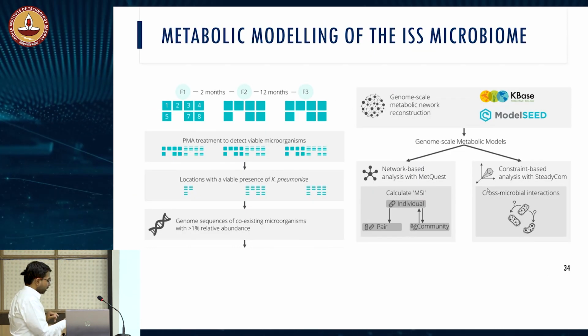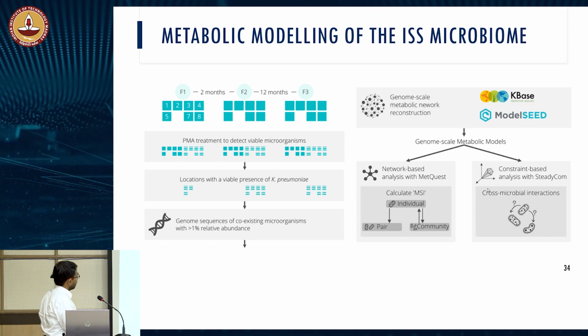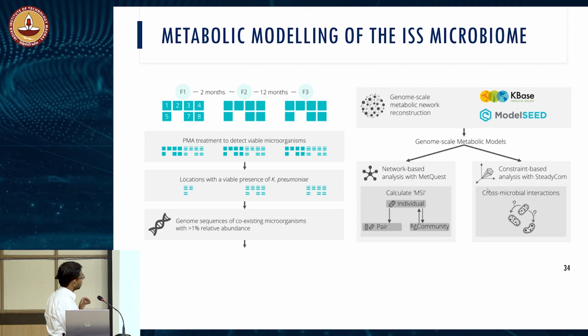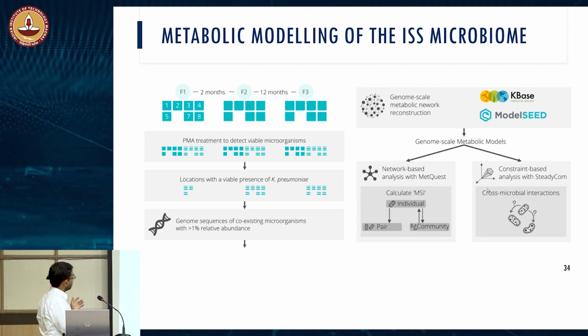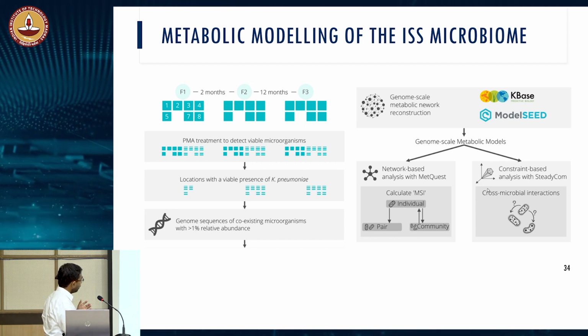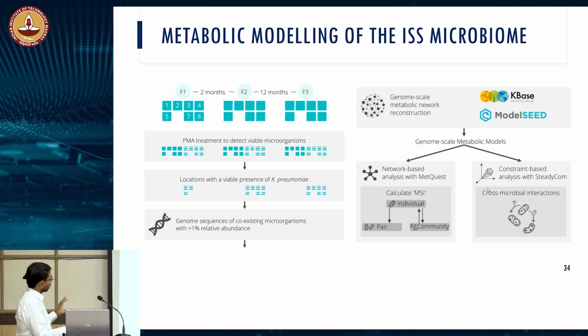So what did we do? There is a very nice data set that they've generated over years. So this is across time. So they collected several samples of microbes from the International Space Station in a gap of 2 months, and then after another 12 months and so on, and then identified all the viable microbes